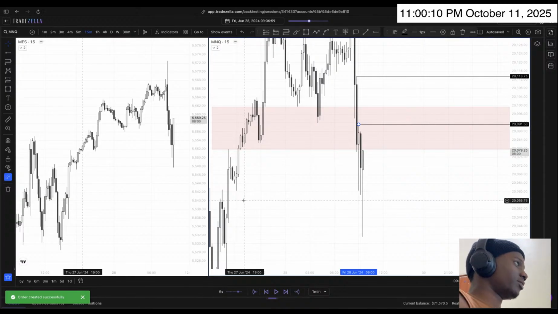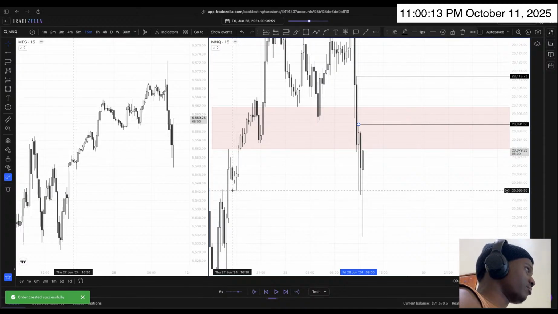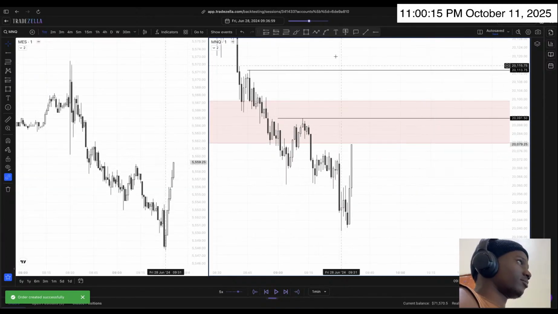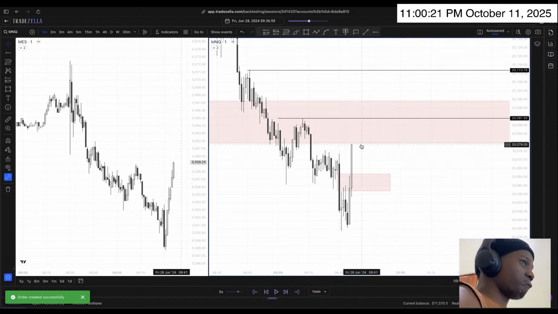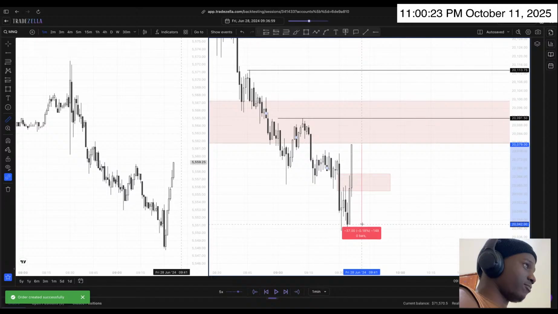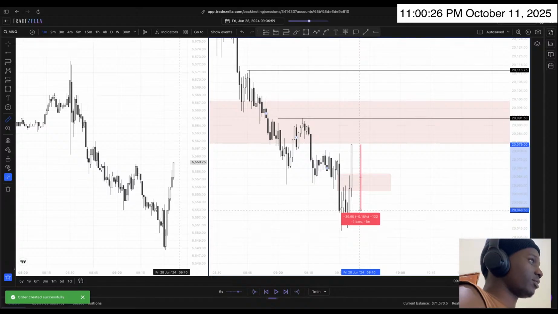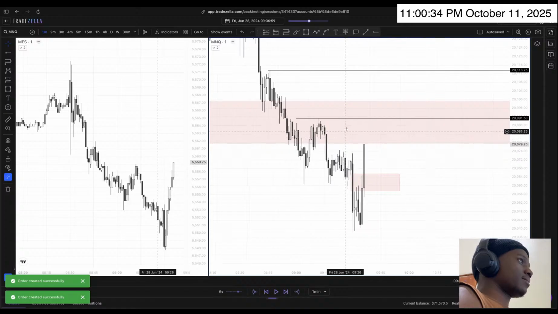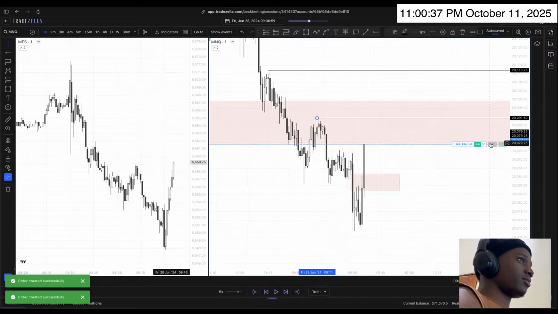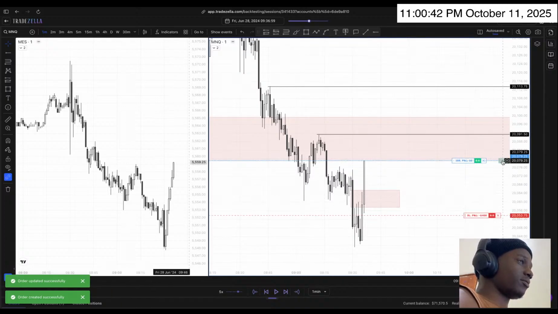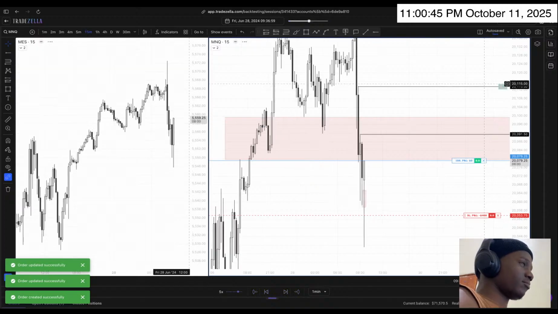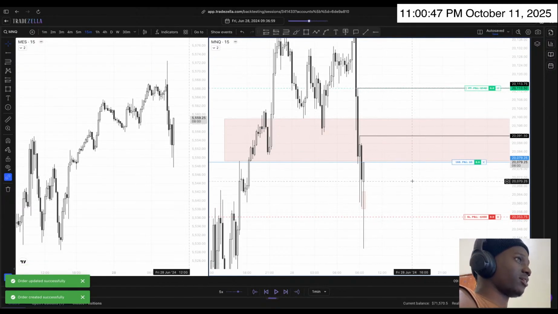Now we see that we're really rejecting. We run this low, putting in some kind of SMT, which is the confirmation I was waiting for. Now this is a big stop, I'd say. 30 something handles, except I put it like here. 500 over 60, 8 handles. Break even once we take out this thing here. And a 15-minute fair value gap right here as well. Okay, 15. And if we inverse that thing,